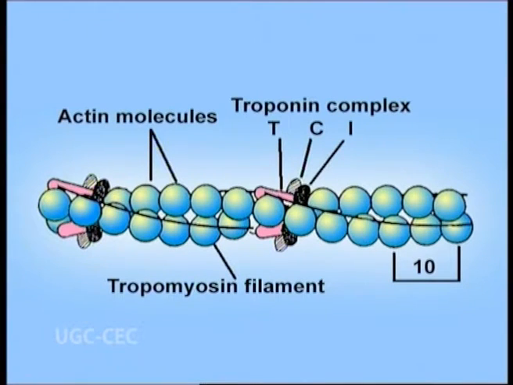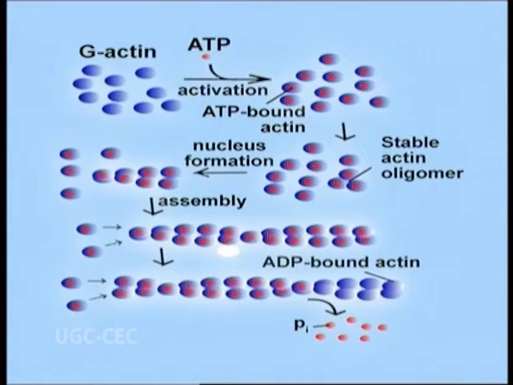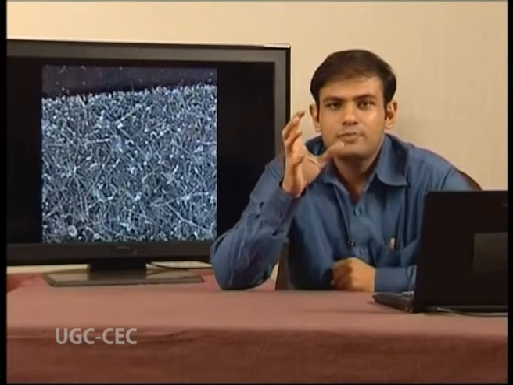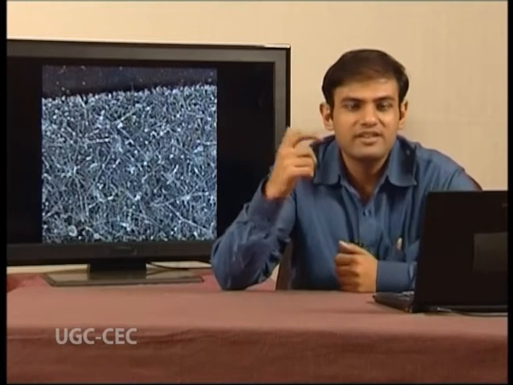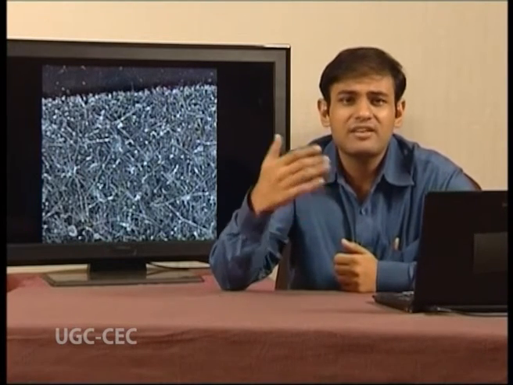Actin filament appears in electron micrograph as thread of about 8 nanometer width. They consist of a tight helix of uniformly oriented actin molecules. Like a microtubule, an actin filament is a polar structure with two structurally different ends, a relatively inert and slow growing minus end and a fast growing plus end.